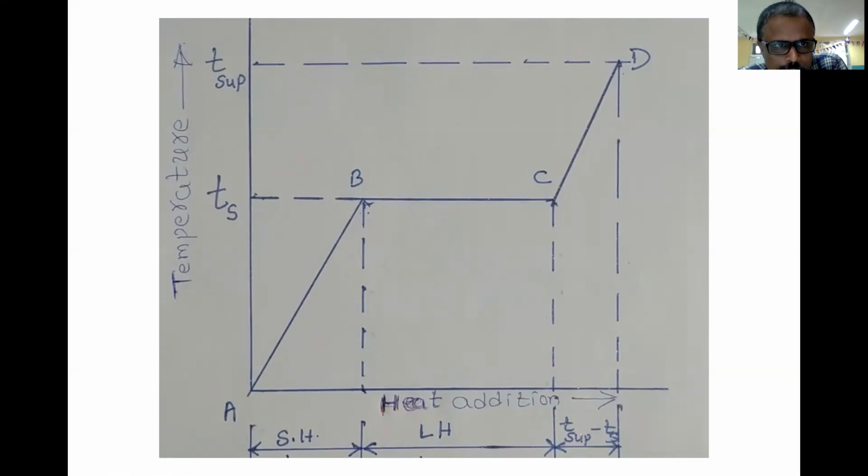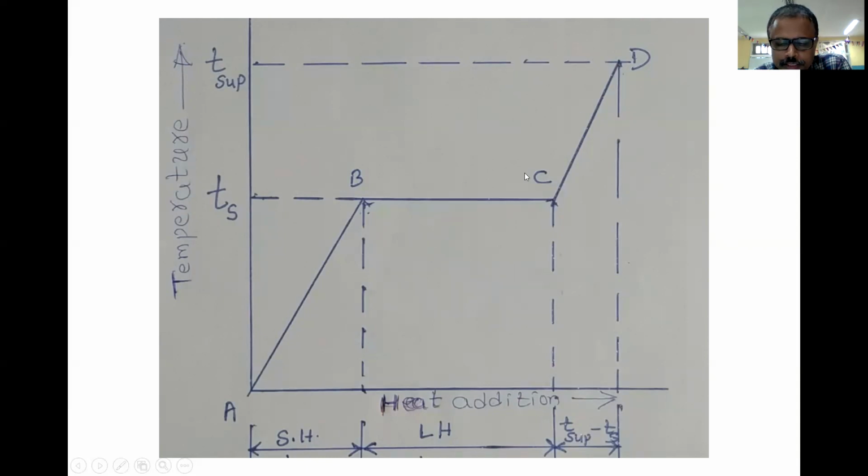So this is the steam formation at constant pressure, and the graph is temperature versus heat addition or temperature versus enthalpy. You can see there are 3 different zones here. This zone is the water zone, the AB zone, where you have got the water phase. Between this zone BC, you have got wet steam, and once you reach point C, it is dry steam. Then it becomes superheated steam here.